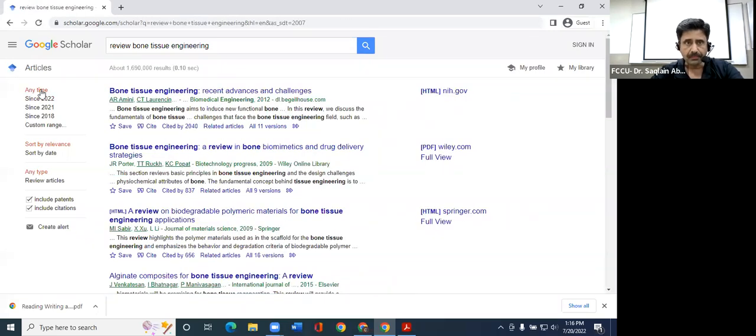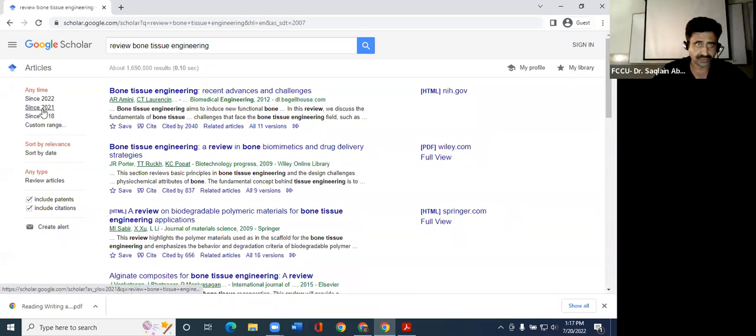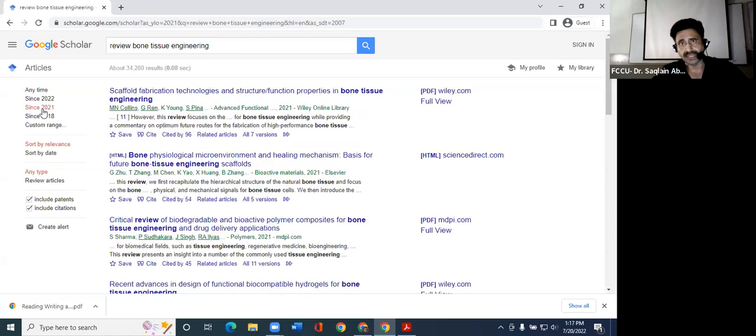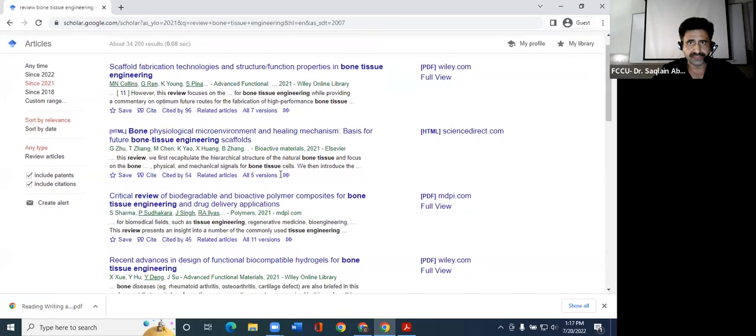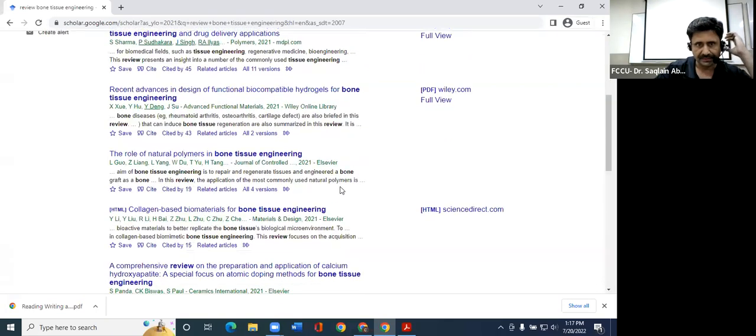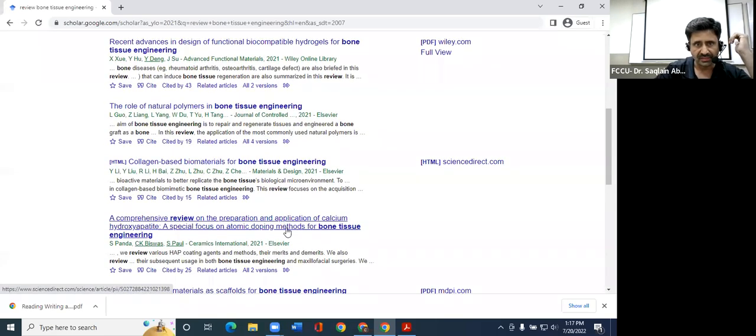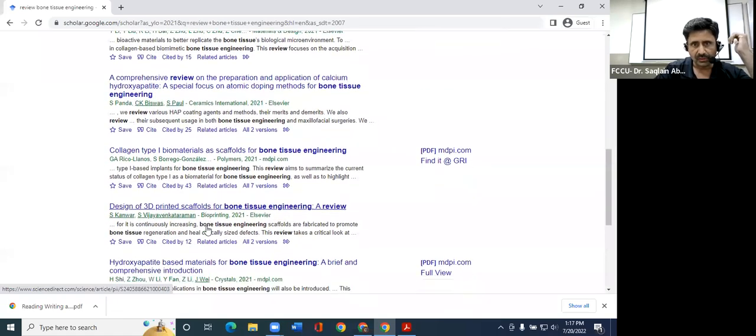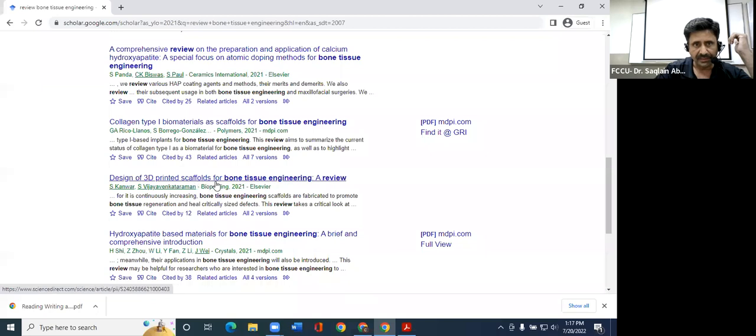I will look at any time. But since I want to stay updated with the entire development over the decades, the recent development, I should most likely be narrowing down my research to since 2021. Since 2021, and I shall be finding some review articles. Now, you have to find papers with the word review. If you look at this, this article is a critical review of biodegradable bioactive polymer composites. Then you also find some other articles over here, a comprehensive review on the preparation and application of calcium hydroxyapatite. Similarly, you will find some other reviews like this one, design of 3D printed scaffolds for bone tissue